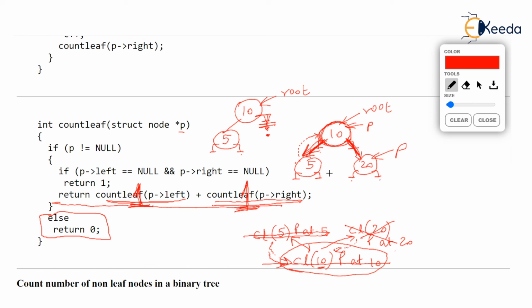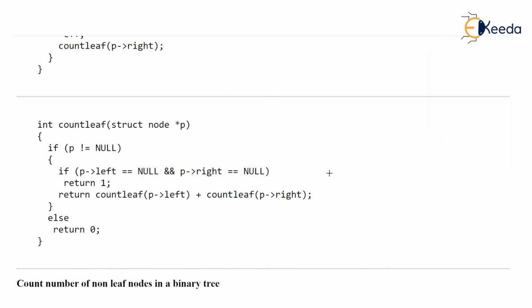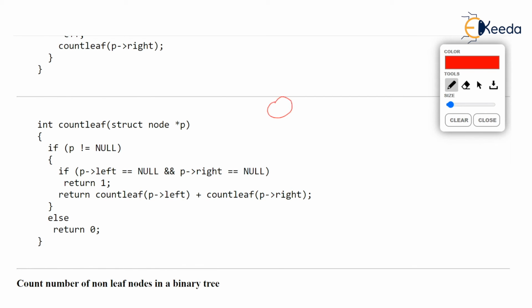So, okay, before we end this video, just tell me what will be the recursive calls for this input. Suppose I have 10, 5, this is null, 10's right is null. Observe how this is going to run. Just keep reading the function. Count leaf 10 runs, p at 10. Whenever the function starts, it first asks, is it null? Is it leaf? Now 10 is not leaf because left is not null. So return 1 will not run.